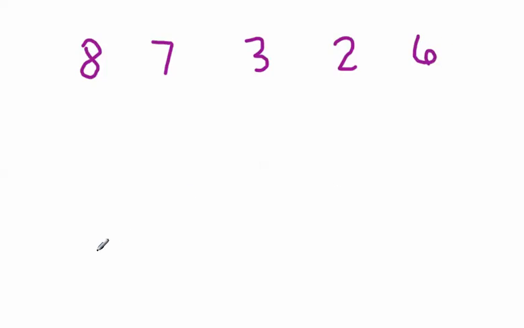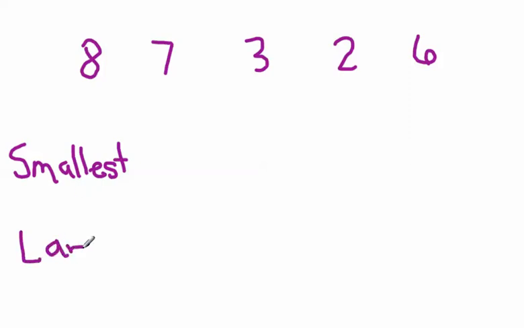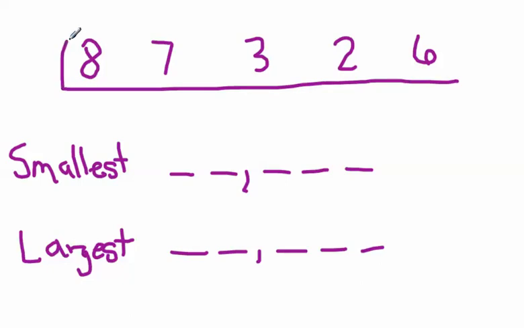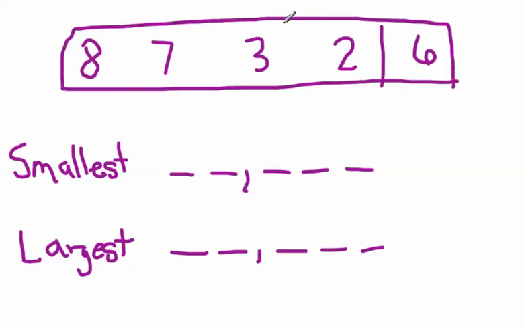If I wanted you to put those numbers in order to make the smallest number possible and to make the largest number possible, it's hard to write with this thing. How could I do that? Well, I know that I have at least 5 numbers, because I have 5 numbers right here. So looking at these 5, and you're trying to make the smallest, well, then you should probably pick out the smallest one first. So let's use the 2 first to show the smallest, and then 3 would be next,